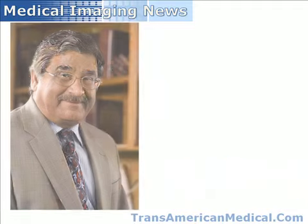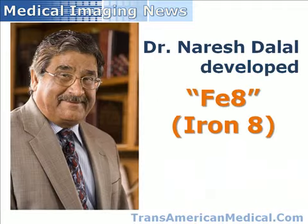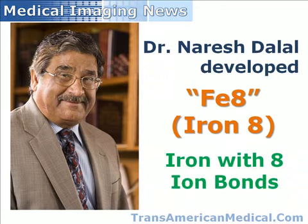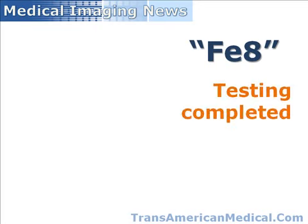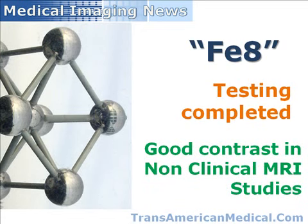One such development is a magnetic molecule identified as iron 8, which contains all of the preferred attributes. This single molecule magnet has 8 iron bonds, is water-soluble, and non-toxic. The testing done on this molecule, described in recently published papers, shows that iron 8 provides good contrast in non-clinical